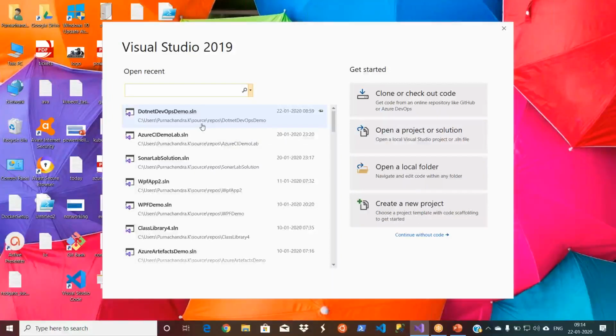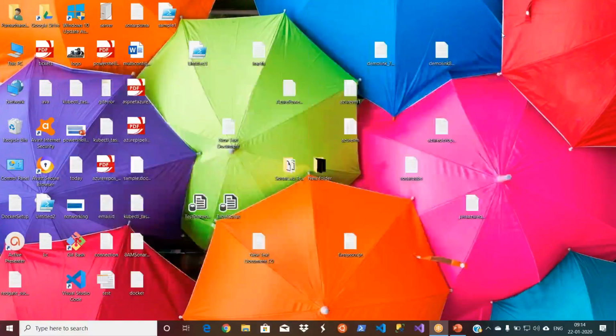In the same way, you can put it in your own place. Just check the path. I don't know where you are keeping your projects, but check.